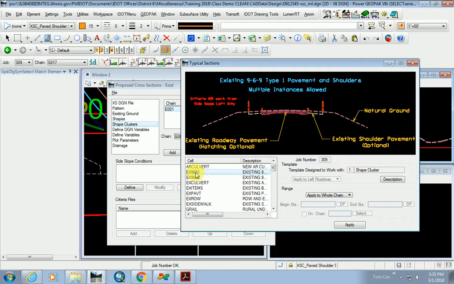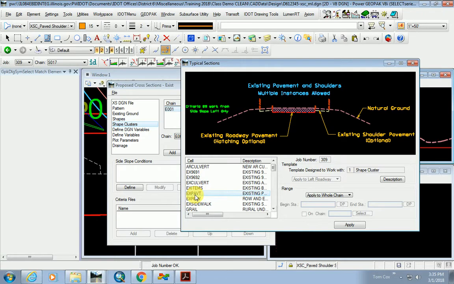And so if you have 969 pavement, you might want to use this one. You may or may not know at the time of processing what your existing pavement thickness is, but there's like 3, I think, to choose from. This one's very generic, especially getting started. Maybe I don't know initially what my thickness is for sure. Maybe I'm going to get pavement cores, and later I'm going to come back and tweak my existing ground to make it exactly what the thickness is,